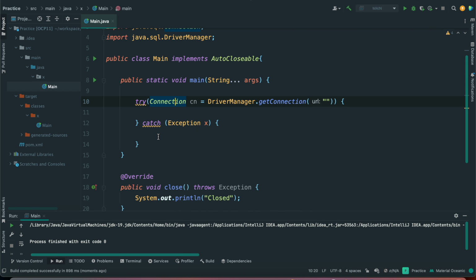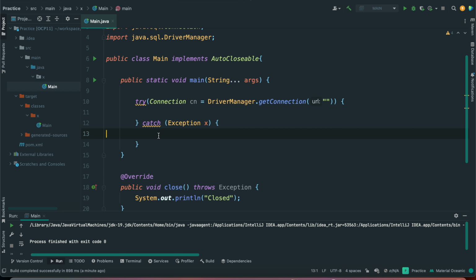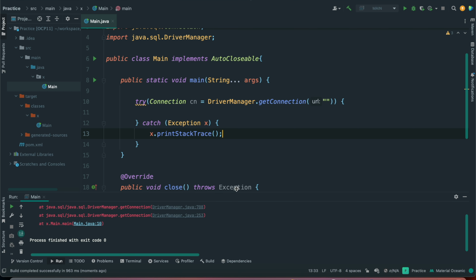So what is actually happening here is that the exception is thrown because we don't have the driver implementation. So if I was to say .printStackTrace